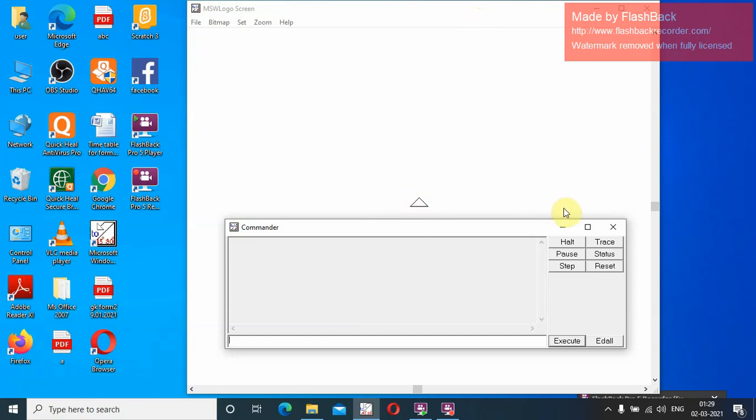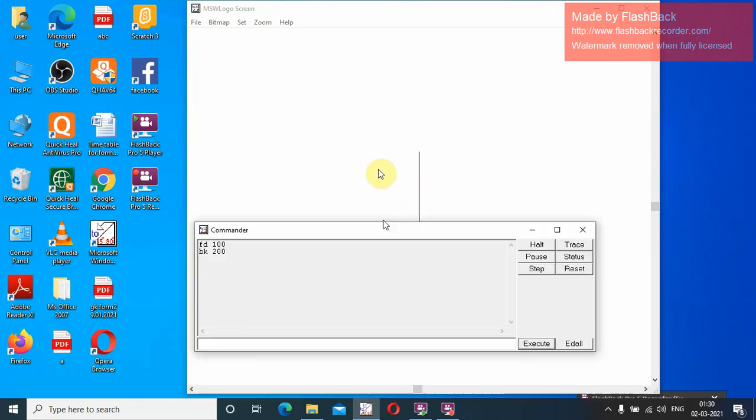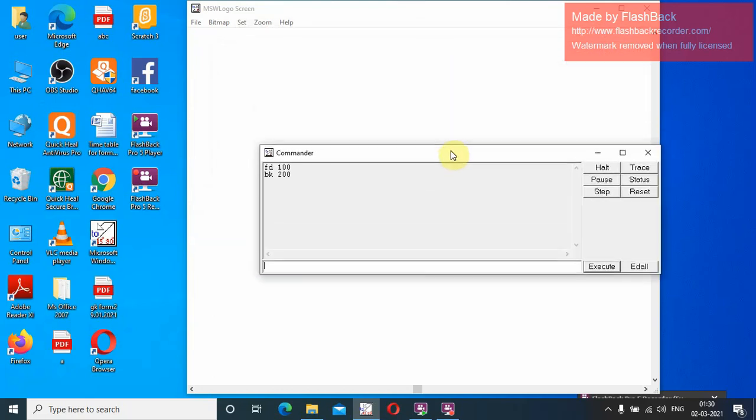There are a variety of commands. I'll make groups and tell you. FD and BK are used to draw a line, right? With FD and BK you give the number of steps: FD space number of steps, BK space number of steps. So this way you can draw the line. So these are the FD and BK commands, right?